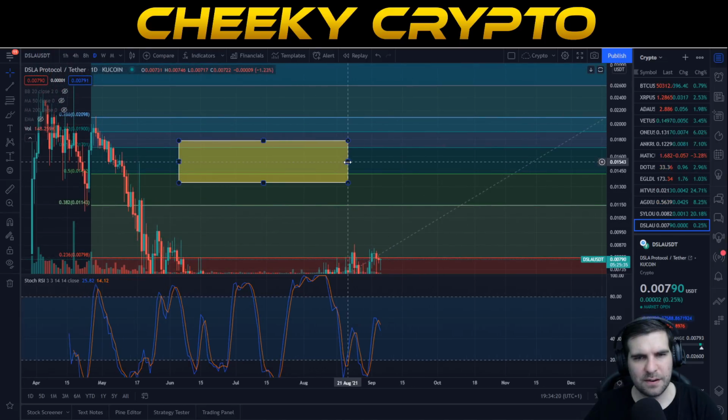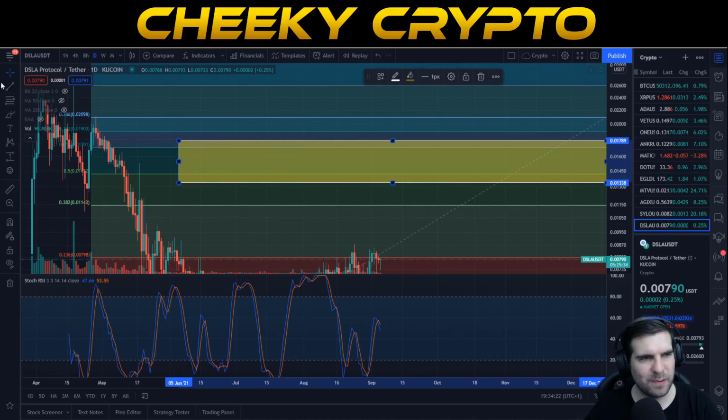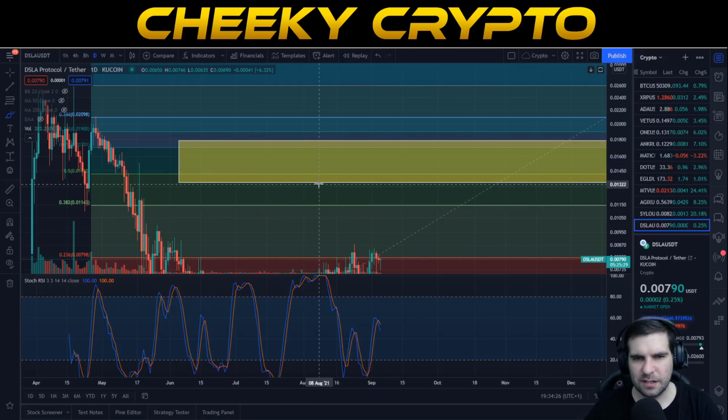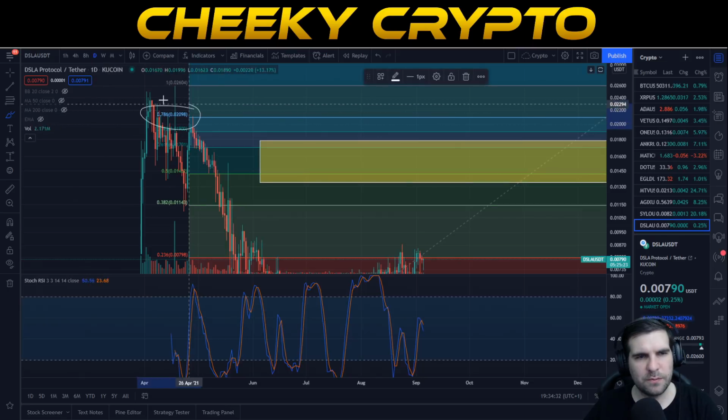But again, we have this area. This is going to be our first area of battling. That's going to take a little bit of time and patience to get through. This kind of comes in at approximately 1.3, and we look for a closed candle above 1.7. The main one that we look for, the big bull signal, comes in a closed candle above 2 cent. Anything here is going to be a big bull signal that takes us into price discovery.